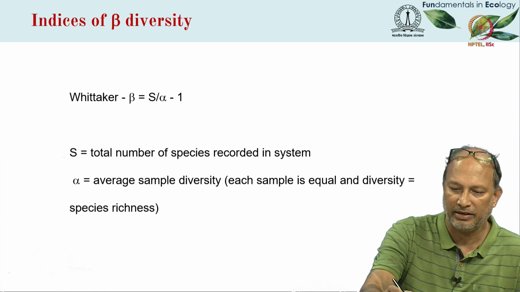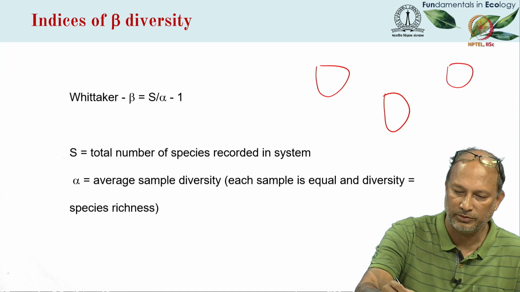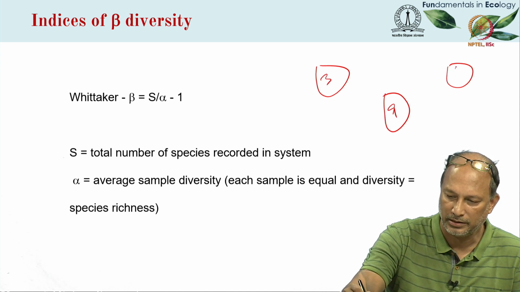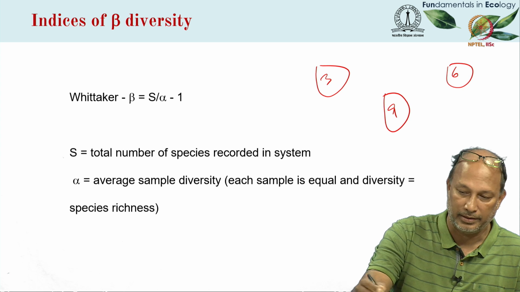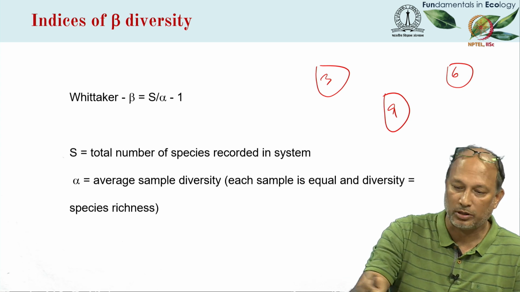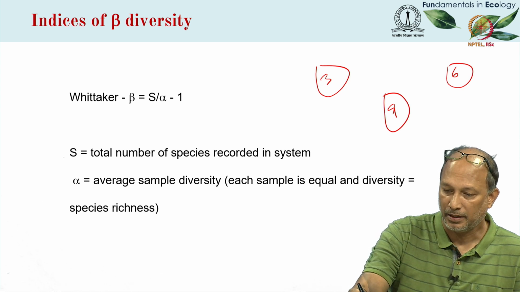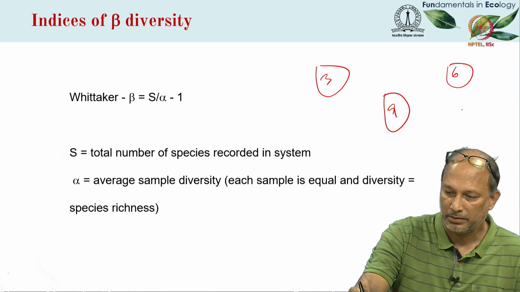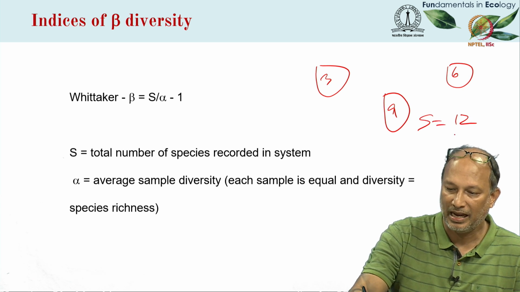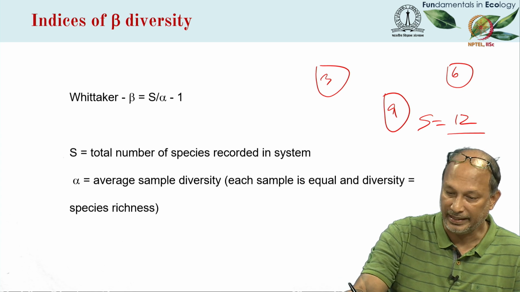Now, essentially, if I have 3 areas where I've recorded 3 species here, 9 species here, and let's just say 6 species there, and some are obviously common, and so perhaps the total number of species across all of these is let's just say 12, right? So S is equal to 12, and alpha, which is the average of these, is 6,